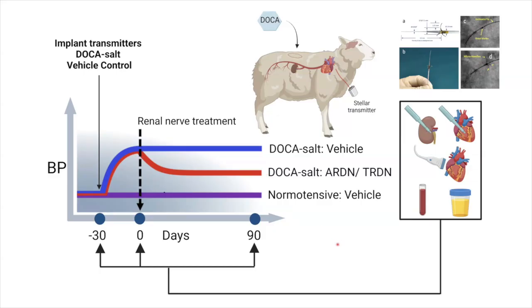The beauty of the sheep model, though, is that because it's a large animal model, we can get biopsies of both the ventricle, where the idea was to look at ventricular inflammation and markers there, but more specifically the kidney, so that we can correlate that with what we pick up in the urine in terms of urinary cytokines and also markers in the blood. And we would do that before inducing the hypertension, at the time of treatment, and then at the end of the study.